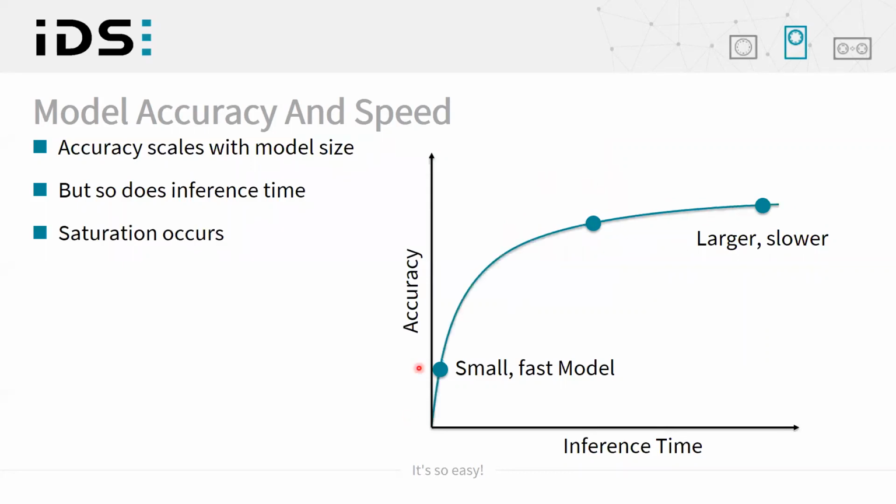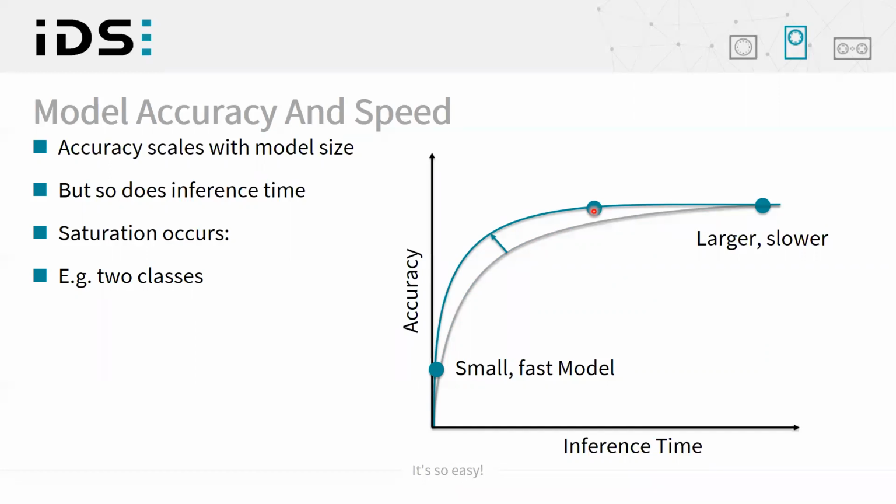This is, of course, no exact rule, but this is how such a scaling curve would look like. Each model here on the line is a bit bigger, reaches probably a slightly higher accuracy, and takes more time to process on the camera. This saturation always occurs. Now, for simpler cases, like in our case, this saturation occurs earlier. If you just have to classify 2 classes, it's mostly fine to use a smaller model like we just did. This very smallest model will already perform just as well as the larger one. So you don't have to use as much training data, and it doesn't take that long on the camera.